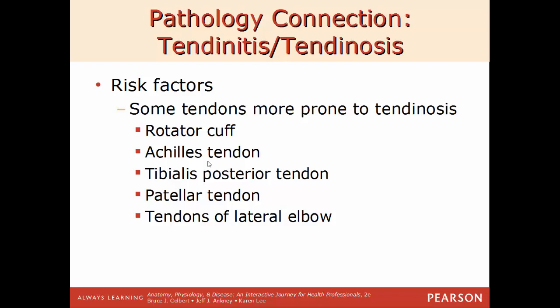Sports injuries, these are common locations for sports injuries. Rotator cuff, say for a quarterback in American football or a baseball pitcher, that's very common. Achilles tendon, anytime you have a very abrupt stop and changing direction, like a football player or a basketball player, that's a very common injury, to strain or completely tear the Achilles tendon. So this is a short list of some of the more common locations that'll be more prone to develop tendinitis